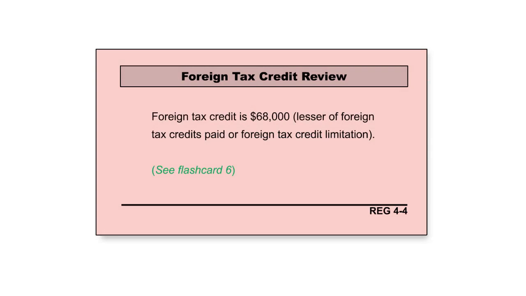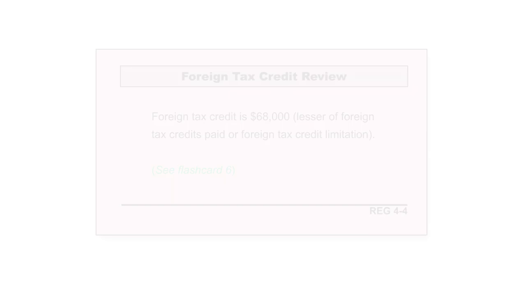And if you recall, the foreign taxes paid in this particular case, when we did that calculation, was a total of 80. So it's the lesser of the two: 80 or the 68. And of course, the 68 is the lesser of the two. So we are allowed to subtract $68,000 from our U.S. tax. So instead of paying 170, we'll pay 102 in tax in the U.S. That's how the computation is done. Hopefully this helped. And now you're ready to work another exercise.